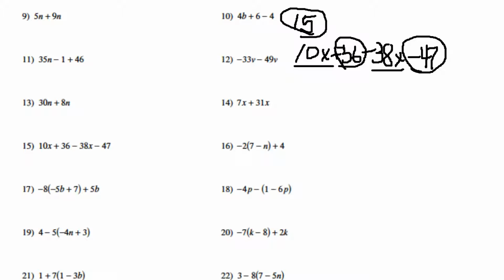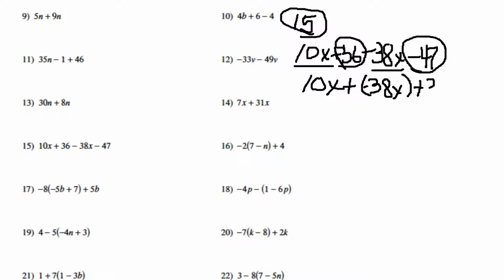Now, commutative property says that I can change this to an addition problem and use that commutative property. If I left it as a subtraction, I couldn't do that because subtraction is not commutative. So this becomes an addition, and when we change the subtraction to an addition, we're saying we're adding the opposite. So what's the opposite of 38x? A negative 38x. Make him a negative. Alright, plus